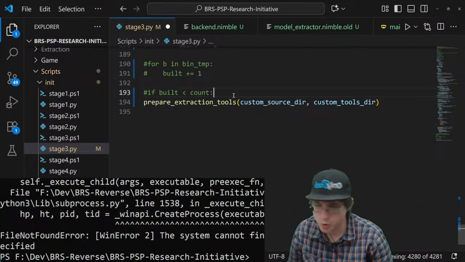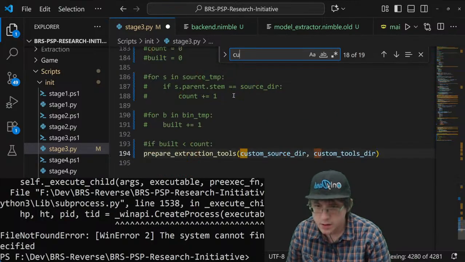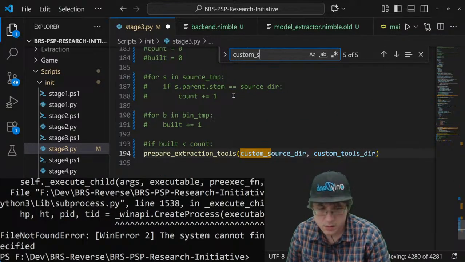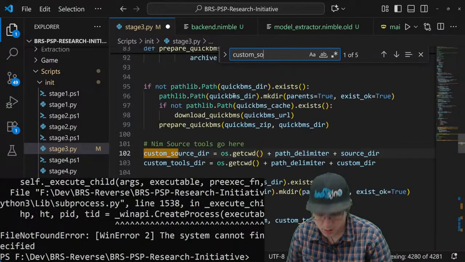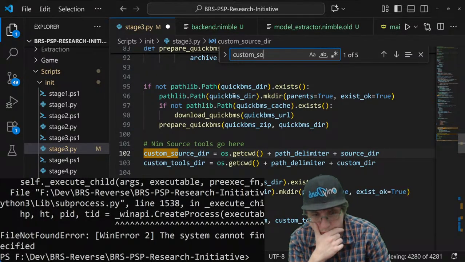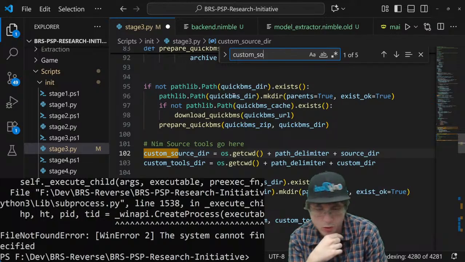Where is custom source directory? Find that. Okay, for your source directory.